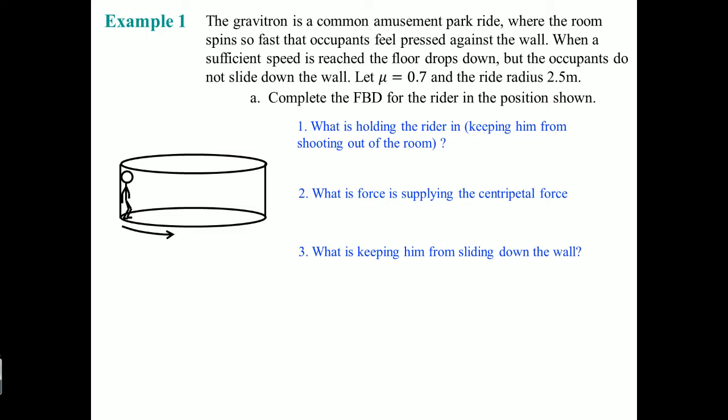Part A. Complete the free body diagram for the riders in the position shown. There's a force of gravity that's pulling them down, and there's actually a friction force going up. The normal force is going towards the center of the circle. It might make sense because this is from the side view,